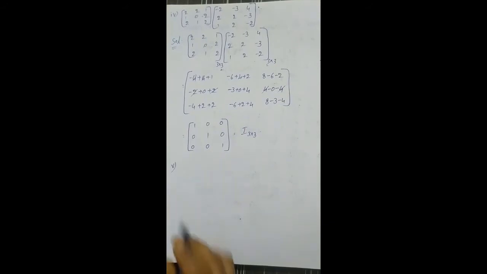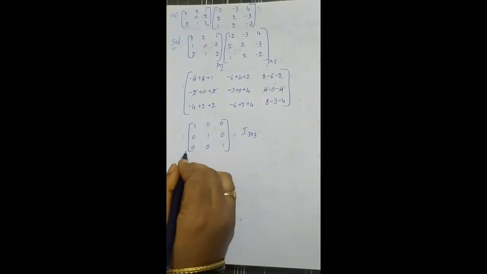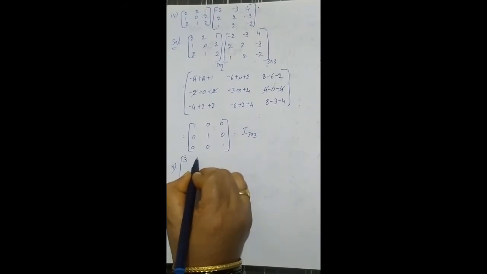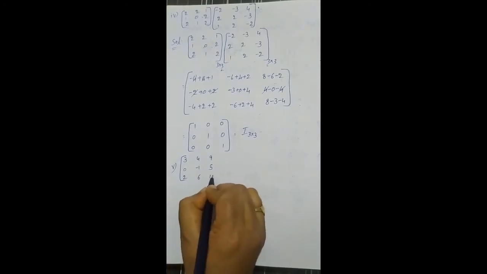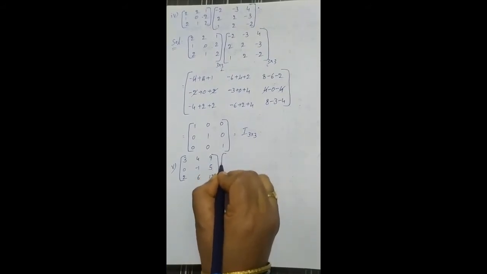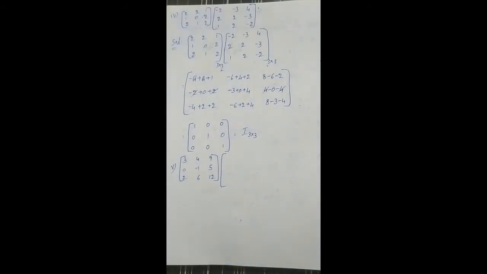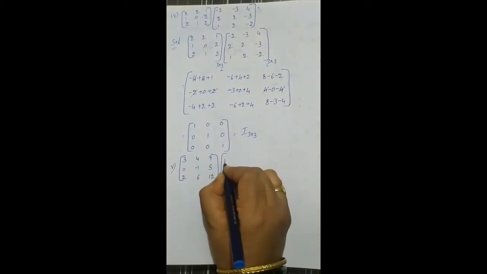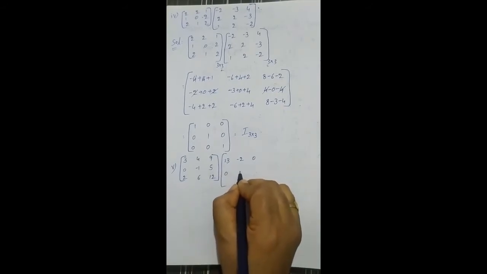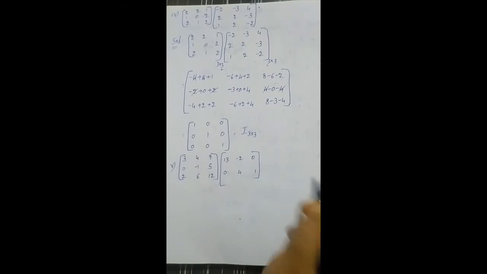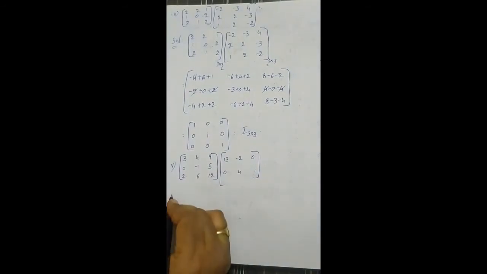In this fifth problem, the given matrices are 3, 4, 9, 0, minus 1, 5, 2, 6, 12, the first matrix. The second matrix is 13, minus 2, 0, 0, 4, 1. These are the given matrices. And then the solution is,